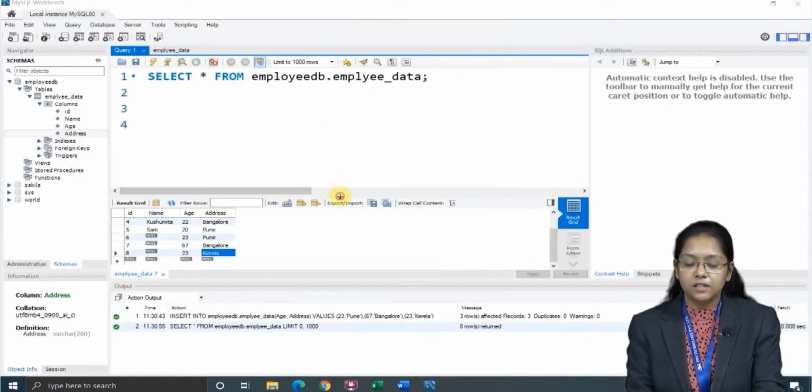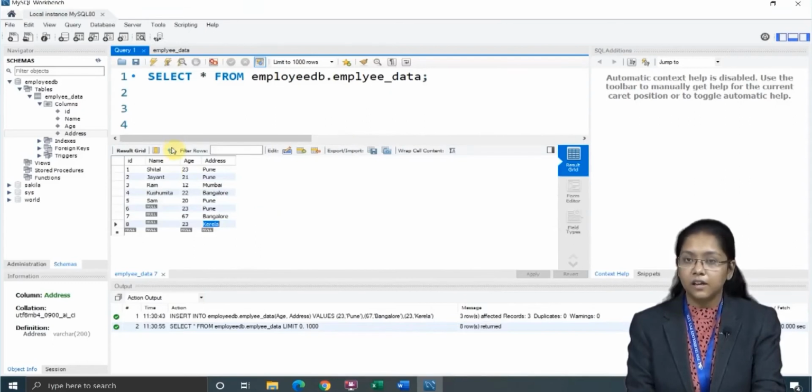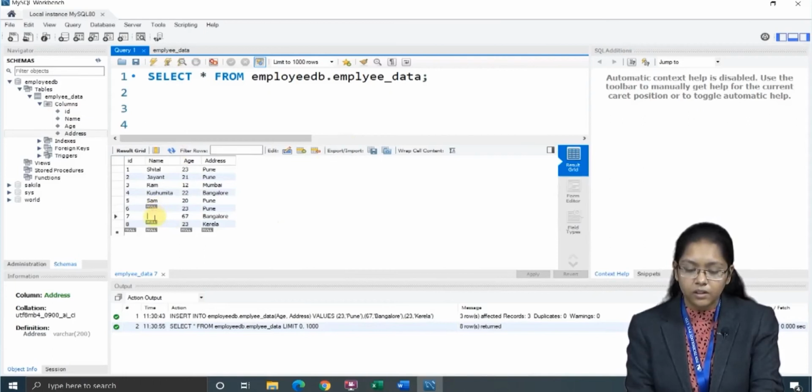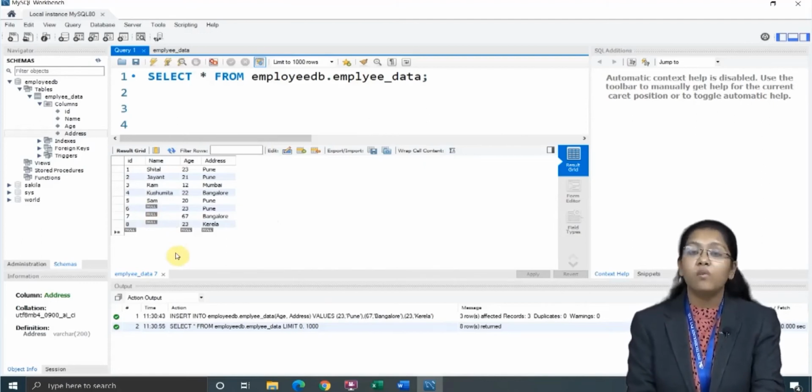Now, this is my already existing table. We have inserted the data like this. Now, in this table, what is happening? Here you can see the name values. All the names are giving me null values, meaning there are no values there. But I don't want my database to look like this, an unstructured type of database. It should be very proper and all the attributes, all the columns should be filled, right?